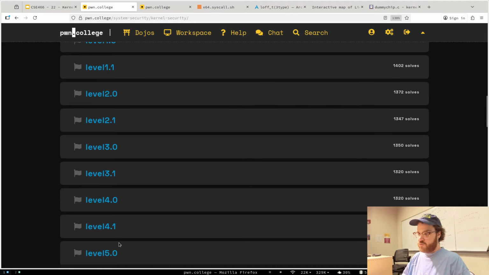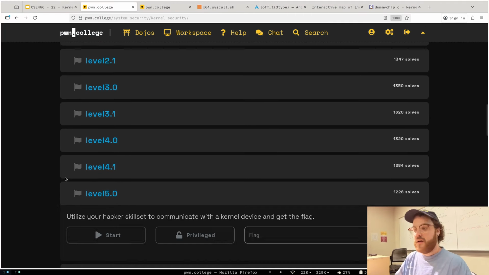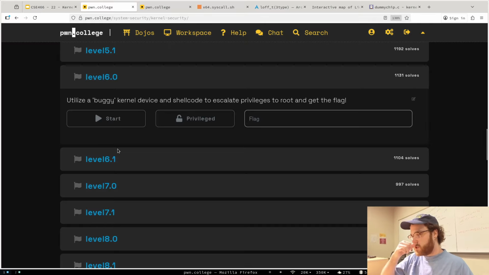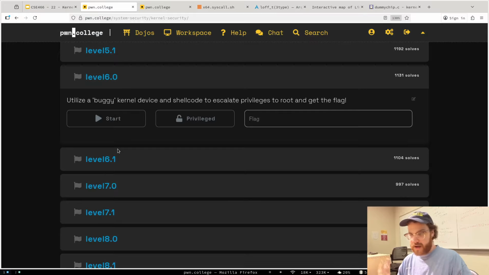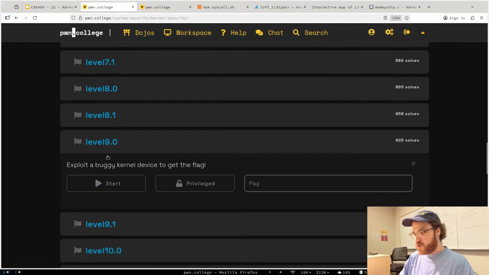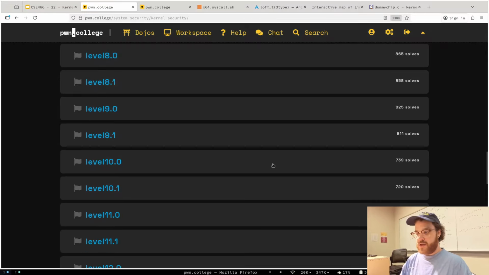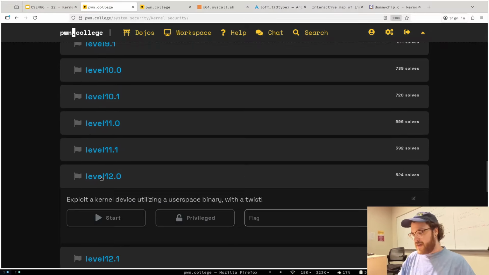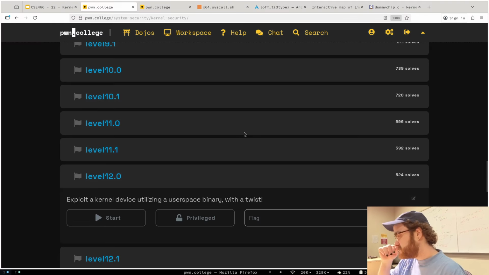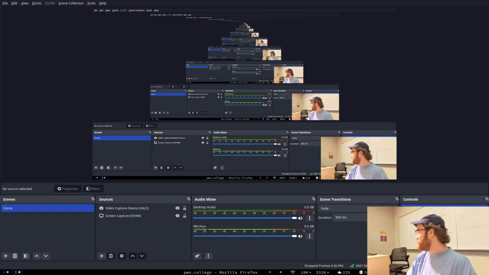Like this is just basically what are device drivers? How do we interact with them? Once you get into 6, this is where you're going to start shellcoding in the kernel. That's where you're going to have to do those absolute calls, moving things into RAX, calling around. And then eventually you start to get to KASLR being enabled. Okay, now you have to get a leak. Now you have to do all the fun stuff. And then eventually, okay, well, now I have a kernel device that you have to use a user space binary to exploit. So you could think of how do I do a side channel across the kernel user space boundary, all sorts of fun stuff. But yeah. So when you do that,